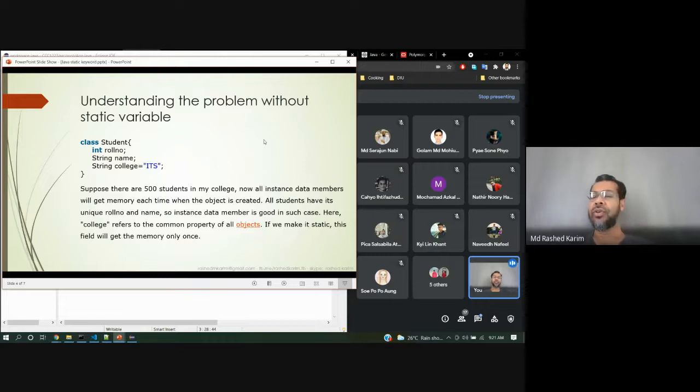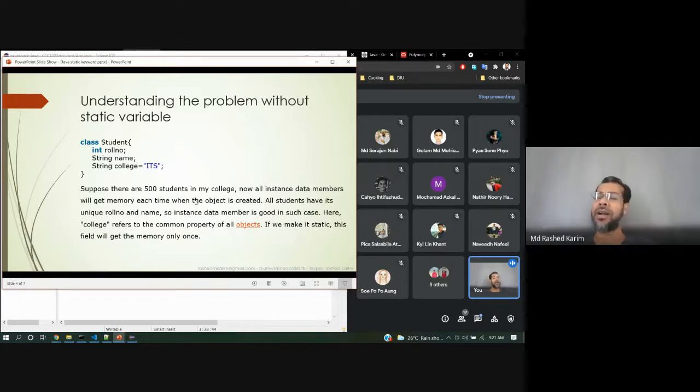This is an example for understanding without a static variable. I declared also the university name, like AIU. Suppose there are 500 students in the college. Now all instance data members will get memory each time an object is created.